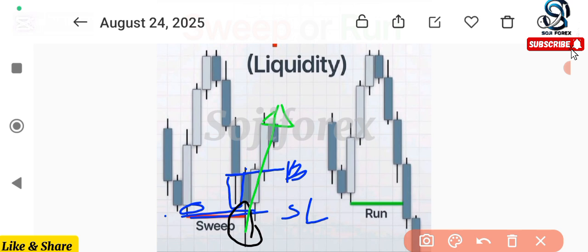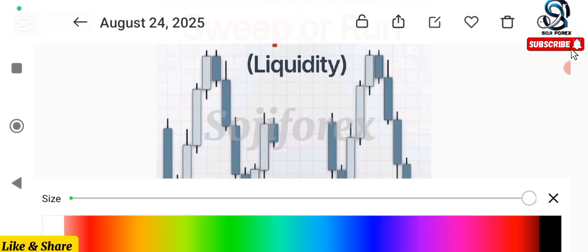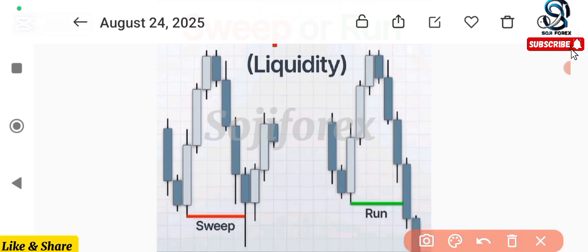Now this is a typical liquidity sweep. Remember, at every structural point there is liquidity sitting there. This is not a break of structure. Why is this not a break of structure? When you are considering a break of structure, you are considering the body of the candle. And look at where the body of this candle is. So if I extend the body